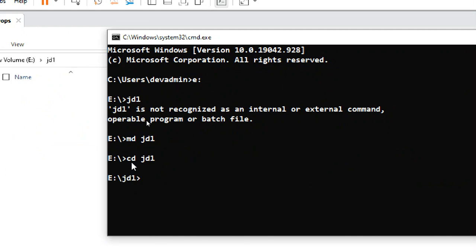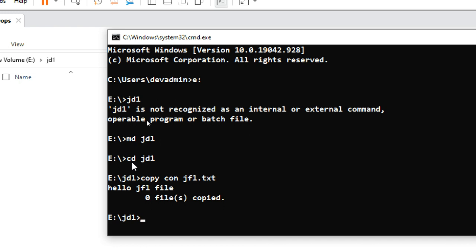Now I'm creating a file. To create a file, there are two ways. One is the copy con command, copy con, and you can create the file name like jf1.txt, and type hello jf1 file, then Control C. Oh, not created.